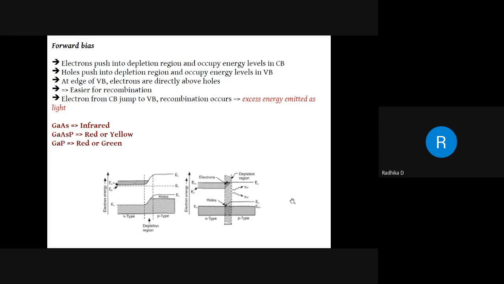kid, you would have climbed on a table and tried jumping from there, correct? Or maybe on a teapot or something. So when you jump, you have to release energy. You're going against a gravitational force, so you have to release energy, right? So now in the case of electrons, when electrons jump towards the hole in the valence band, they have